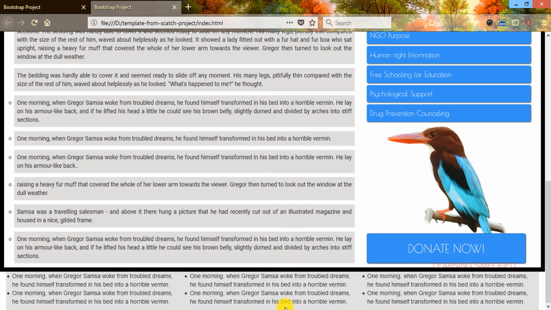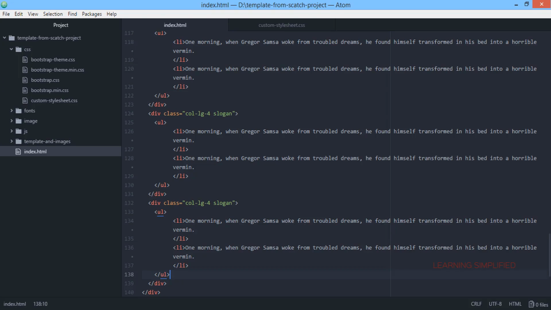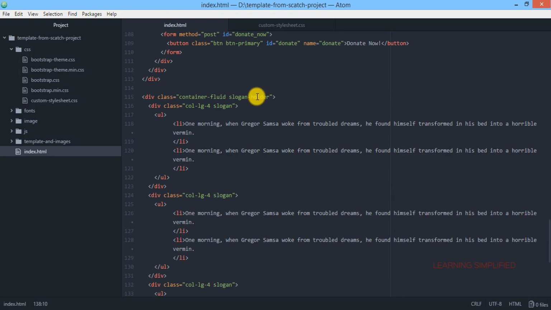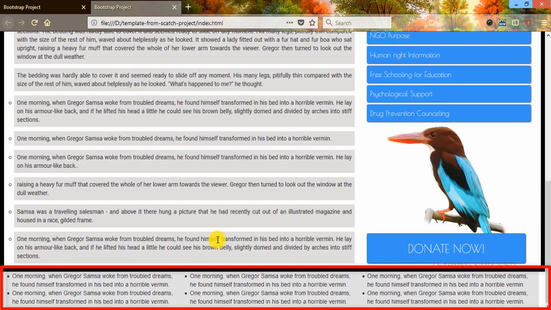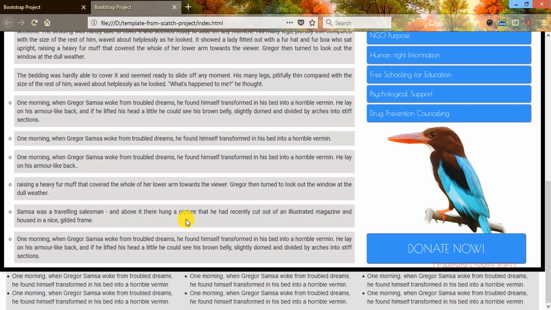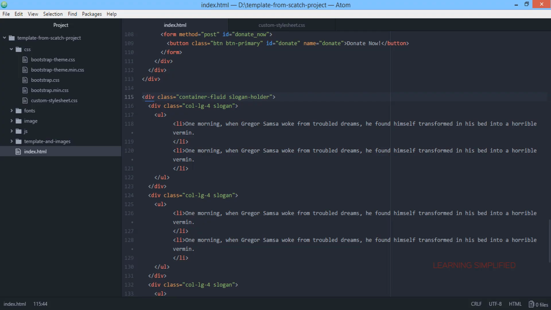And now if we get back to our code, we can see a slogan holder has been created which is practically used along with the container fluid. What is the problem if we use these two classes together instead of using one? We are using both classes to occupy the entire width of our display device, but this is not the actual case that we are intending, and that is why we need to use them distinguishingly.